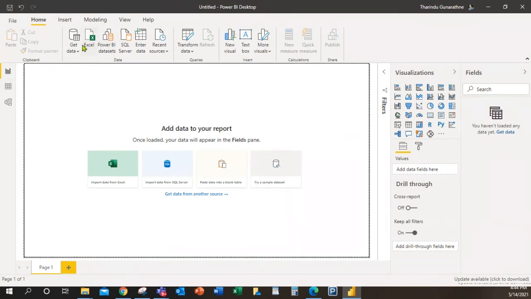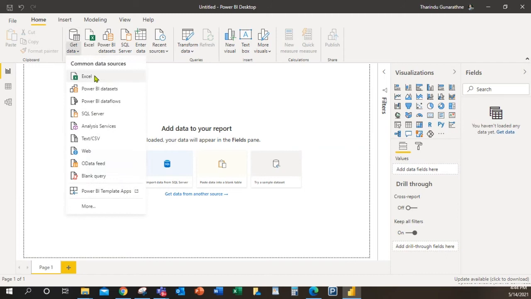Now the first thing is, I already explained, this is a data presentation tool. Through Power BI you can do nothing other than data presenting. Data presenting means you have to have a data source to present, right? You can understand it, right? You have to have a data set to present. So it will be the front-end tool, but you need to have a back end also. Now I'm going to connect an Excel sheet to this dashboard.